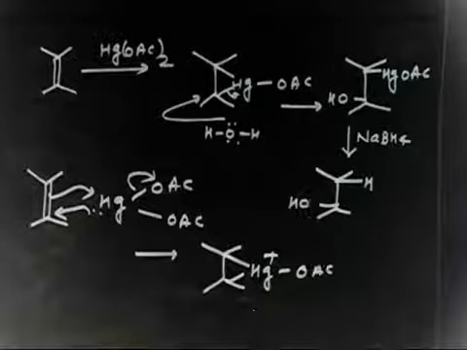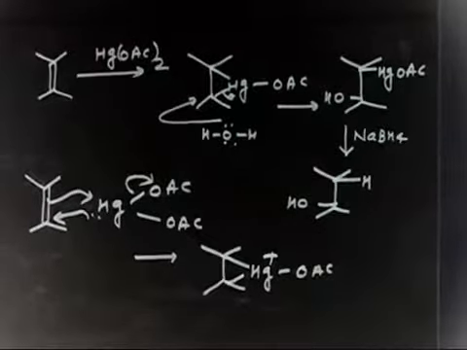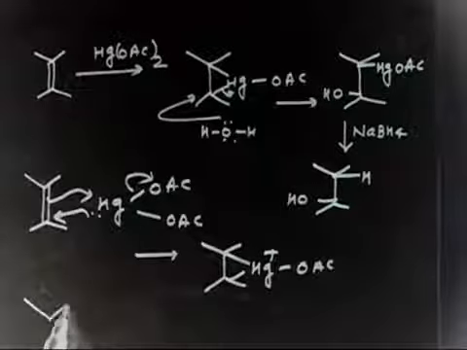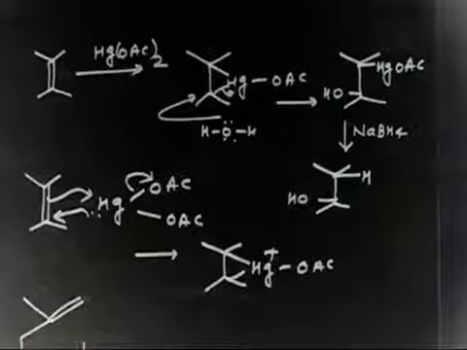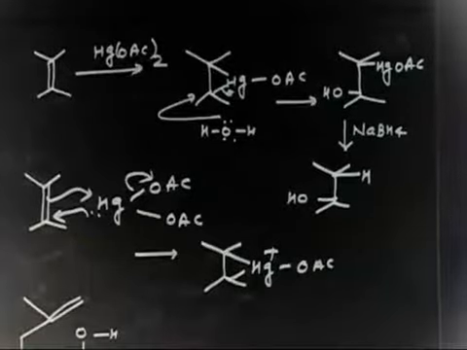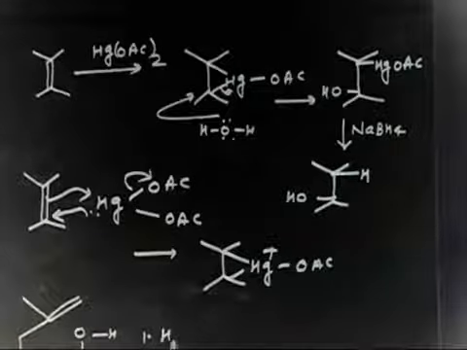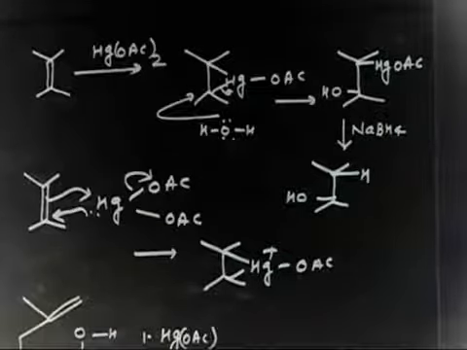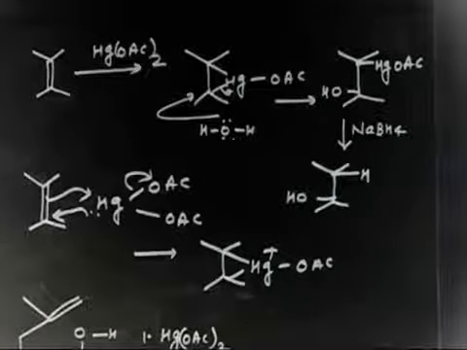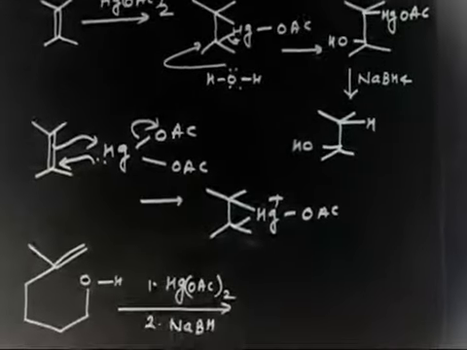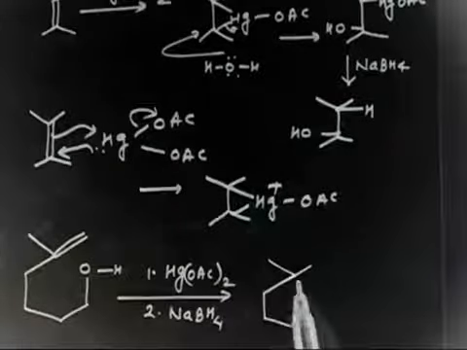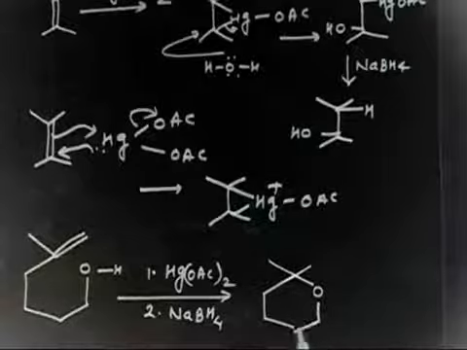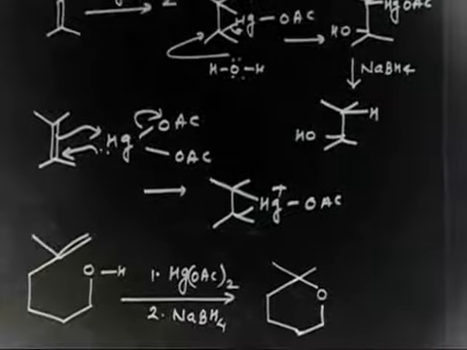The next step, H2O attacks, and you have this compound. Now, this is something related to the oxymercuration, demercuration reaction. Let us say this compound is given to you, with OH. And now the first step says oxymercuration, that is Hg(OAc)2, and the next step is NaBH4. So the next step is the demercuration step. And the final product is this. So you are getting this as a final product, and you have to derive the mechanism for this reaction.